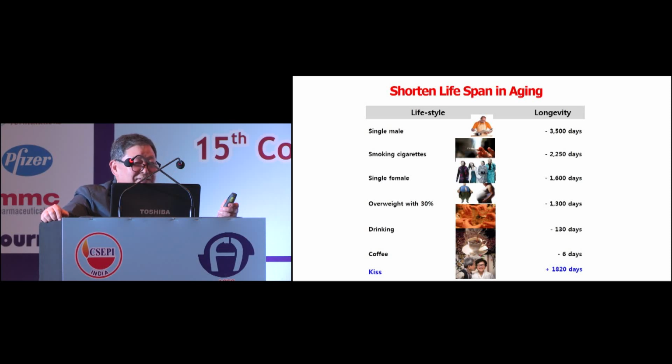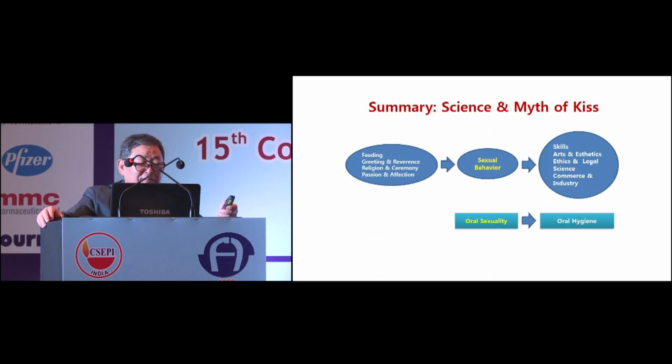Single men reduce their life by about 10 years. He could not have a female partner to perform a kiss. Females are in the same situation. Single women reduce their lifespan about 5 years. So kissing is a very important tool to enhance lifespan as well as sexual health in your life. In my lecture's summary, kissing